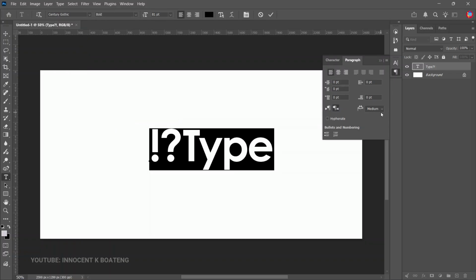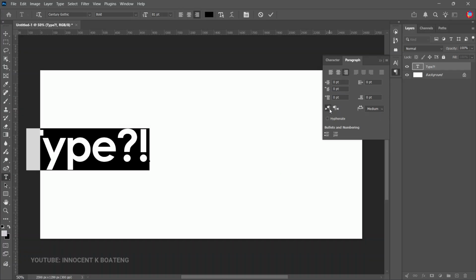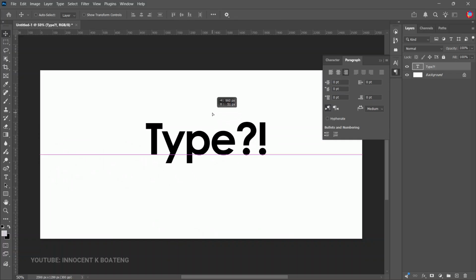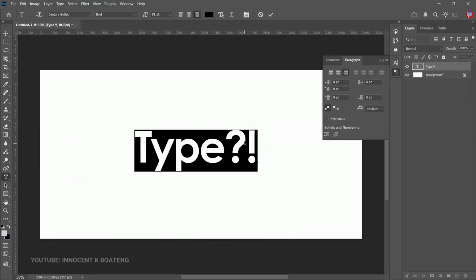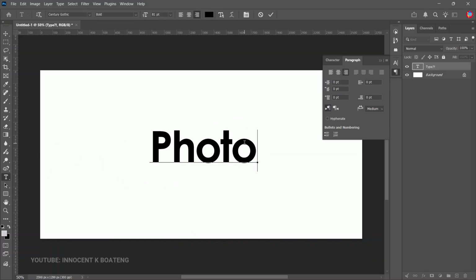Now, the moment you change it to Middle East, you'd realize from the paragraph section over here that it has changed. So we currently have a right to left paragraph direction instead of a left to right paragraph direction. So all I need to do is to select the left to right paragraph direction and your text should be fine. So now if I want to do another thing like Photoshop,